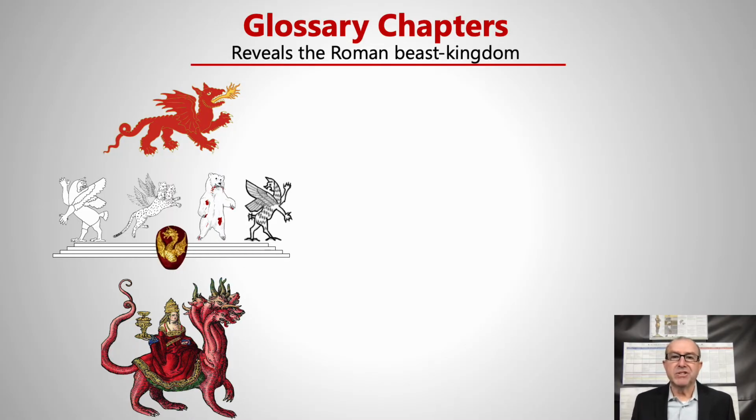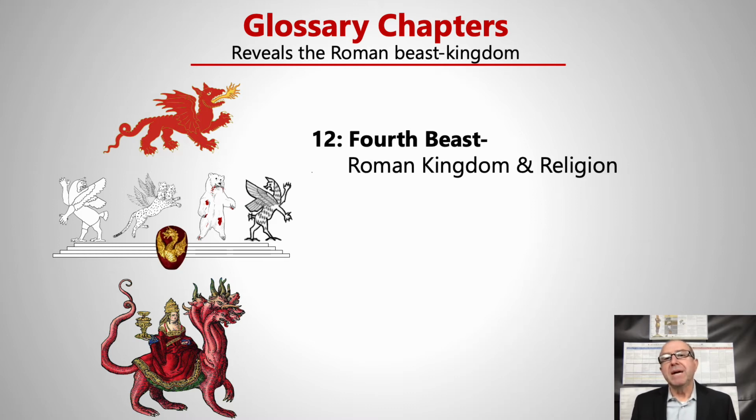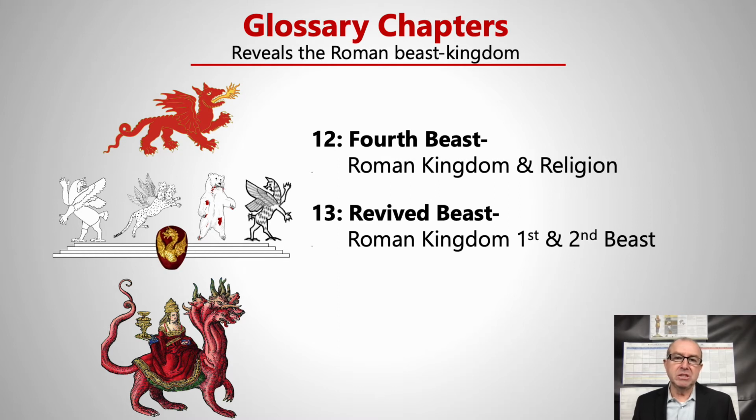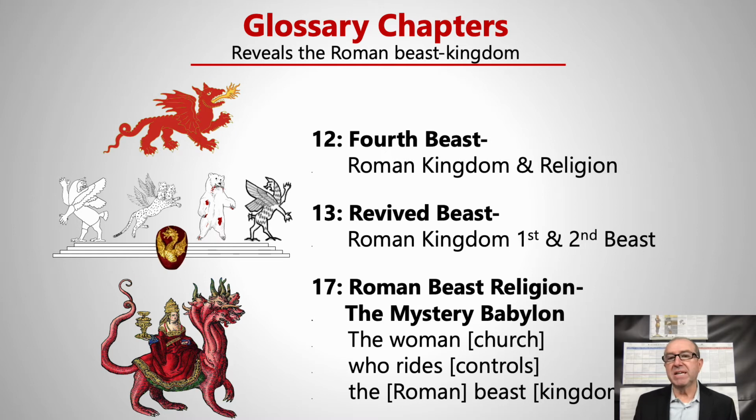And this is my glossary chapter slide, showing imagery that reveals the Roman beast. Chapter 12 explains the red dragon who gives power to the fourth Roman kingdom, who crucified Jesus around 30 AD and destroyed the second temple in 70 AD, per Daniel's prophecy, chapter 9. Chapter 13 shows the little horn and the four revived kingdoms whose name has been changed to the first and second beast kingdom. And chapter 17 exposes the Roman religion as the mystery Babylon, whom many call the church who